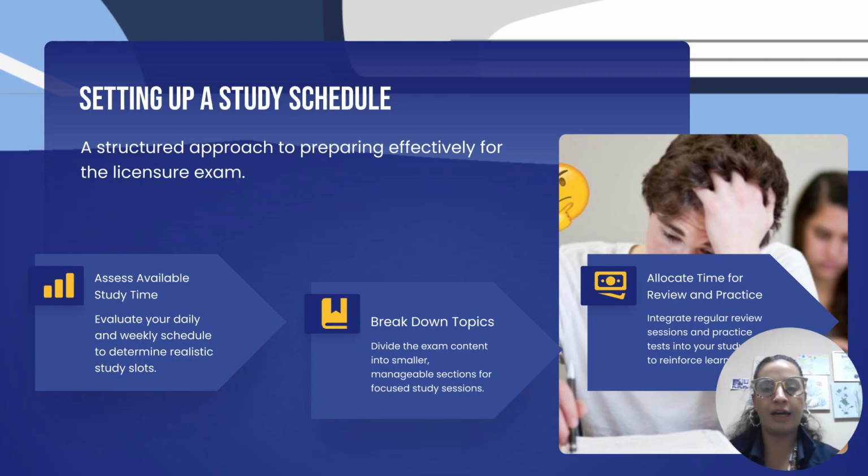And allocate time for review and practice. When I make a schedule for my students, I put in there, make sure you review the topics you studied, or this day you're going to take a mock board. Okay. Because if you're not reviewing, then you don't really know how well you're studying. Okay, and that's the part that students miss the most. They forget the review part. They study, but they forget the review time. Okay,